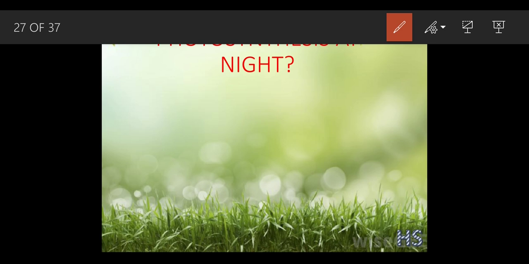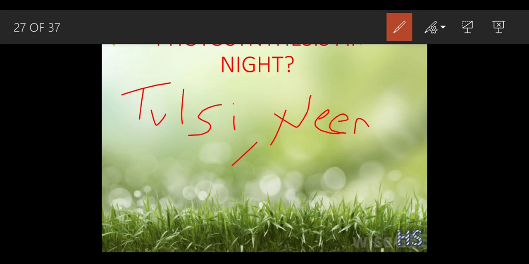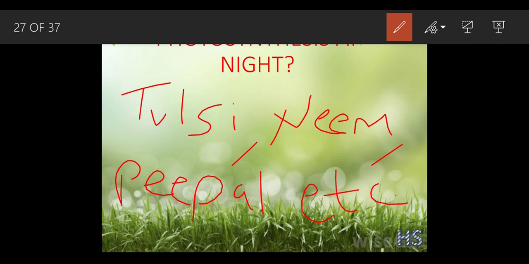But this is for some specific plants only, that is tulsi, neem, peepal, etc. Because what happens, this tulsi, neem, peepal, and even cactus also, you can take it as an example. See,